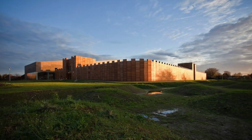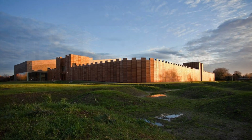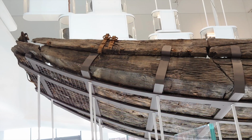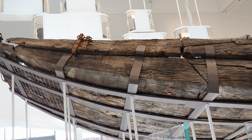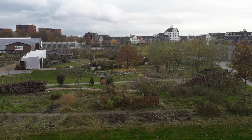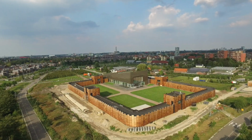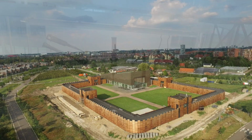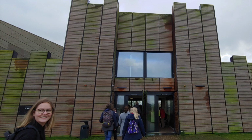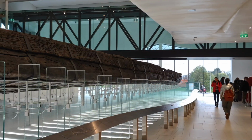Castellum Hoge Woerd is an ambitious project, aiming to provide a space where theatre, archaeology and agriculture can interface and interact. It puts effort into involving the local population that comprises many young families. The Castellum is a modern interpretation of a Roman fort built on the border of the empire. Several archaeological finds have been excavated in the fort and the surrounding areas, among which a remarkably well-preserved Roman river